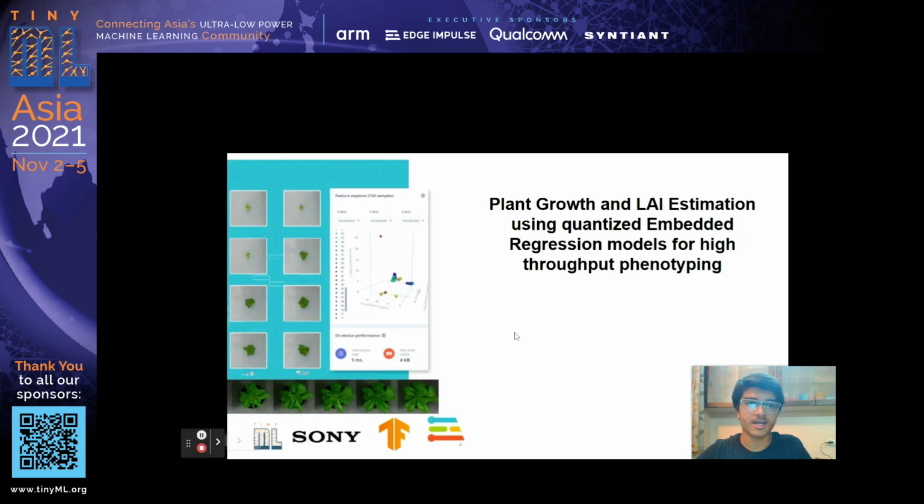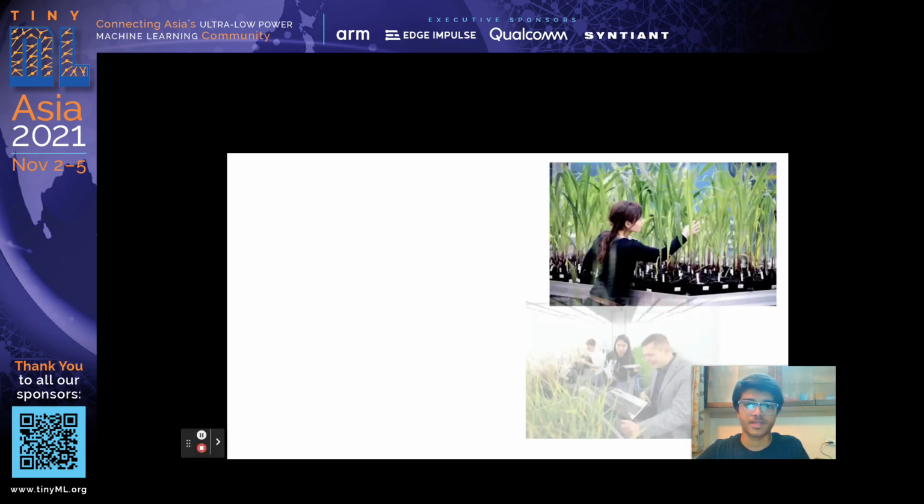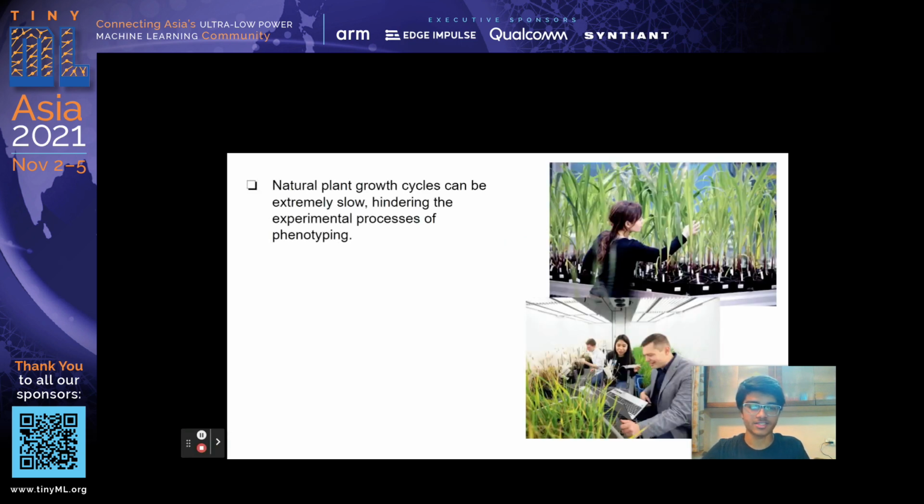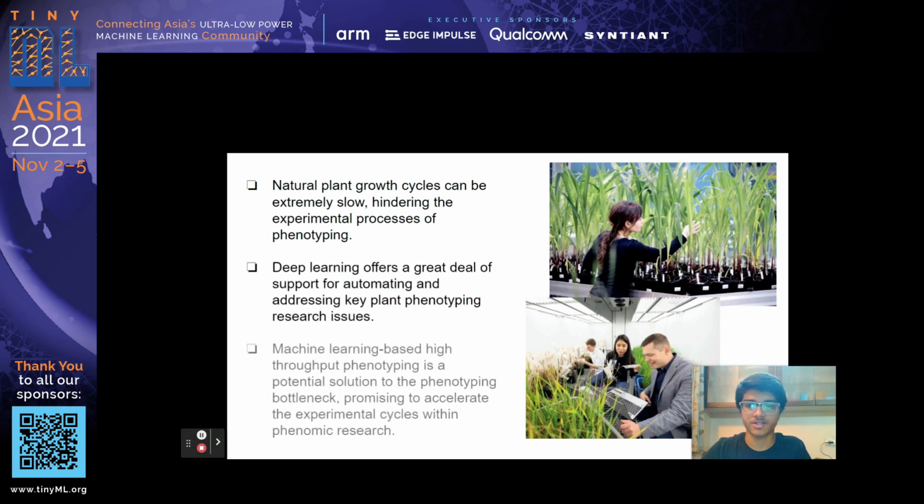Plant growth and LAI estimation using quantized embedded regression models for high throughput phenotyping. Natural plant growth cycles can be extremely slow, hindering the experimental process of phenotyping. Machine learning based high throughput phenotyping is a potential solution to the phenotyping bottleneck, promising to accelerate the experimental cycles